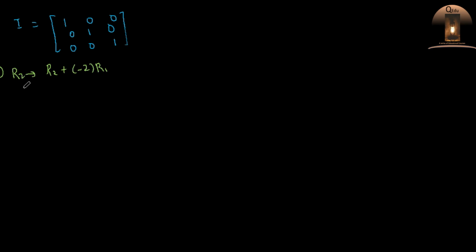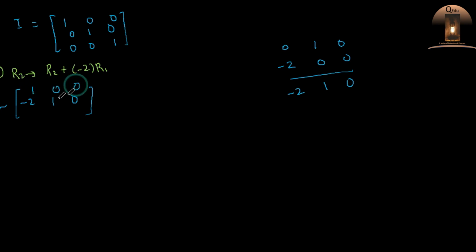So now when you apply this operation, what we will have here, these are the elements of the second row 0, 1, 0, and the elements of the first row are 1, 0, 0. Multiply this by 2. So minus 2, this will be minus 2, and then 0 and 0, and finally add these two, you will get minus 2, 1 and 0. So this should be in the place of the second row. So here we have minus 2, 1, 0, and then the first row will be same, and then the third row will be same. This is after applying the first elementary row operation.